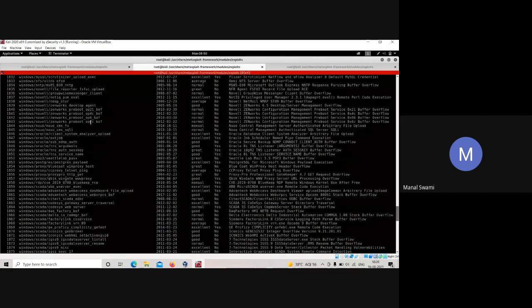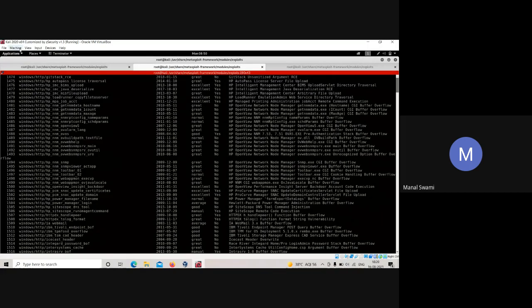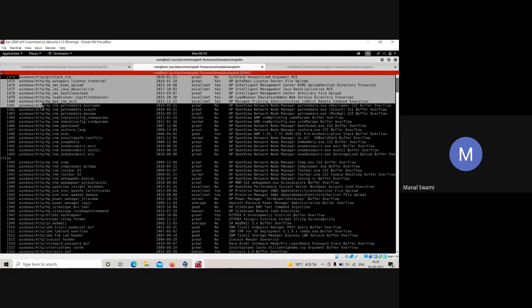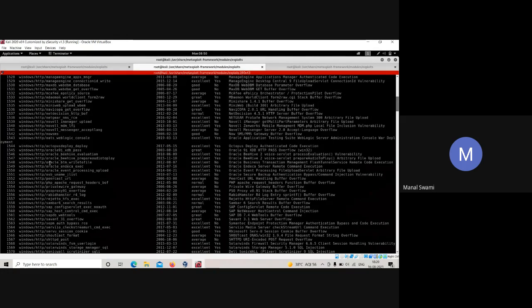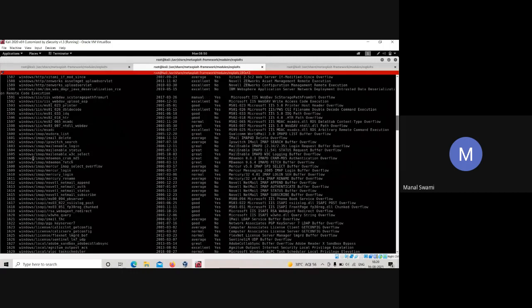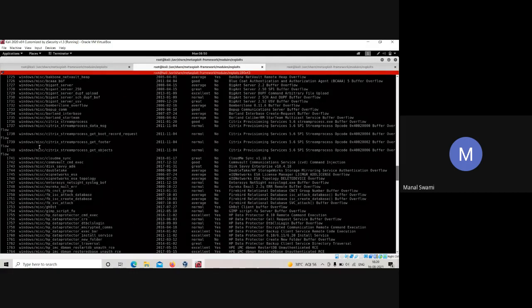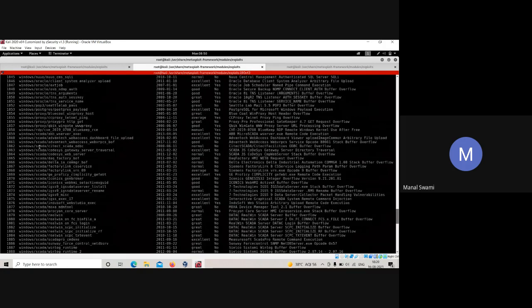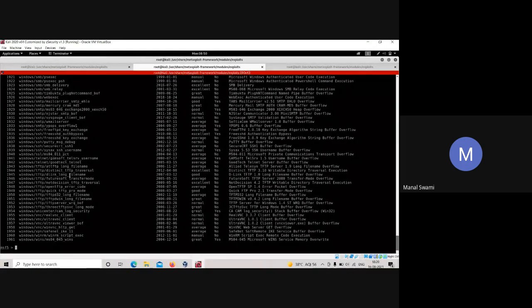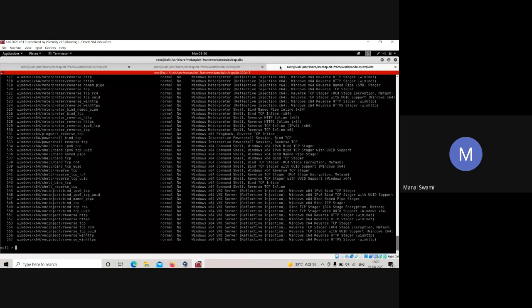Over here I have exploits for Windows. If I go down, there are literally so many things. So in this way, this particular tool is used to hack into different kinds of systems.